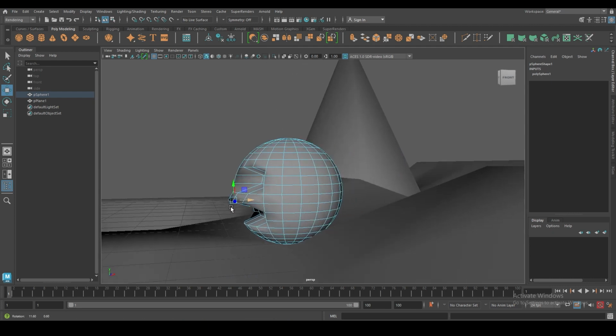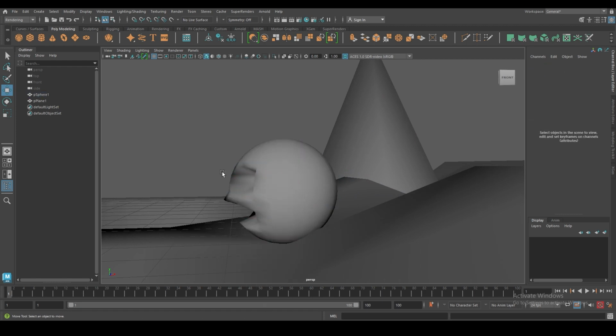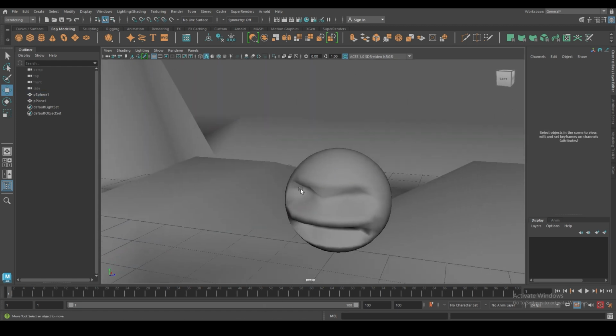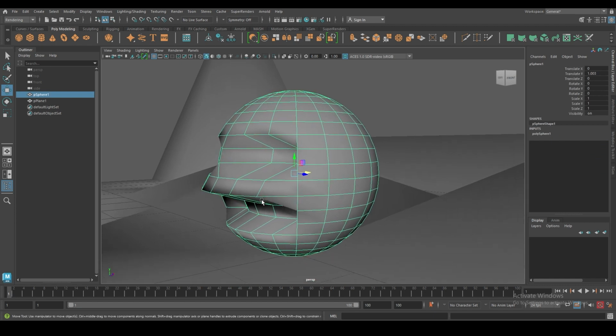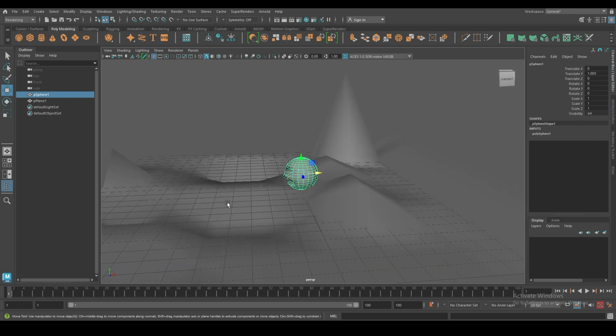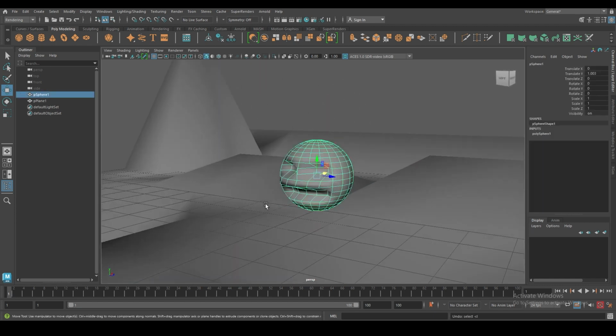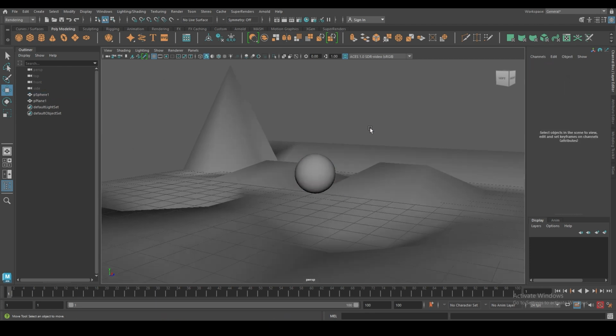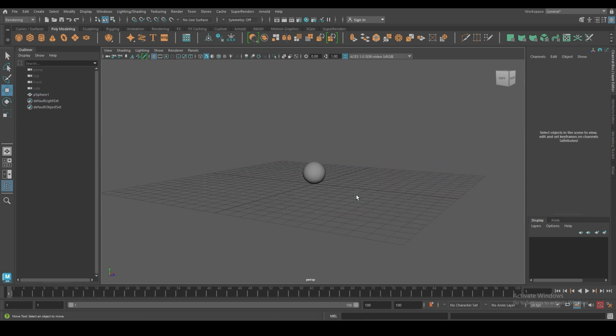I think we're ready to move on to creating our very own first 3D animation. So that will be the next video. I'll be covering from the modeling to texturing, rigging, animation, rendering, and also the compositing side of the